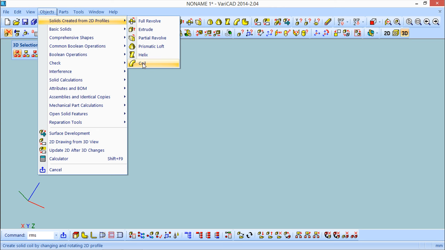It can be an open profile, no big issue. In case it is an open profile, we need to give, as we've done on the first command, the revolve, a revolving axis. Okay, so the coil, if we go there,